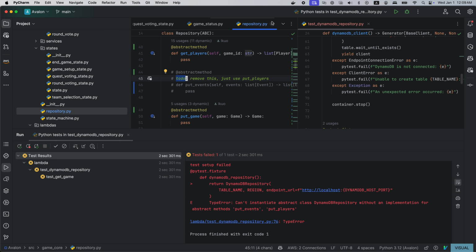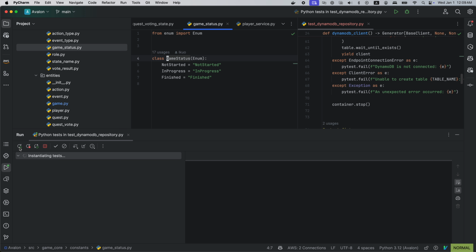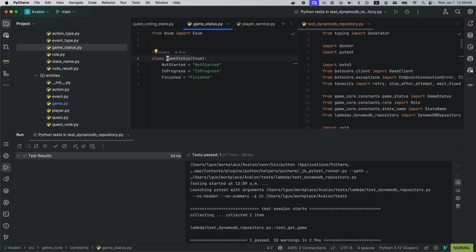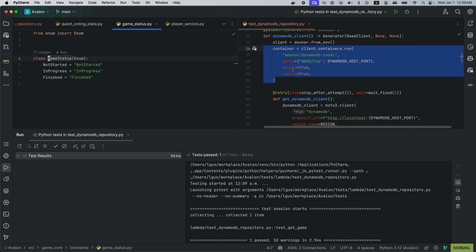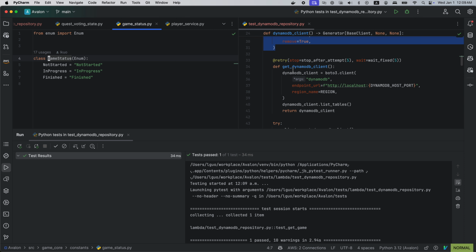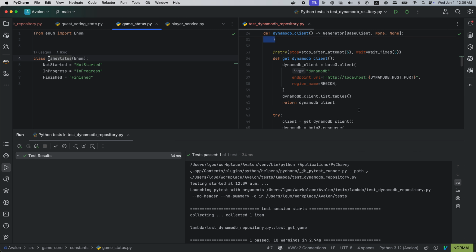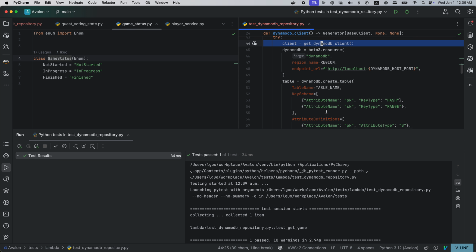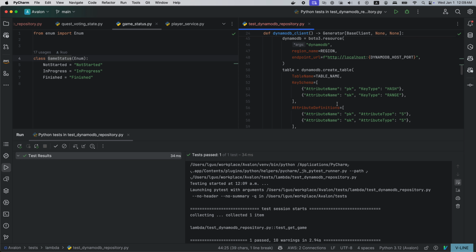But back to what we're doing. So when we run this test, we will actually bring up a DynamoDB Docker instance here, and we are going to connect to it. Once we connect to it, we are going to create a table with a primary key and a sort key.